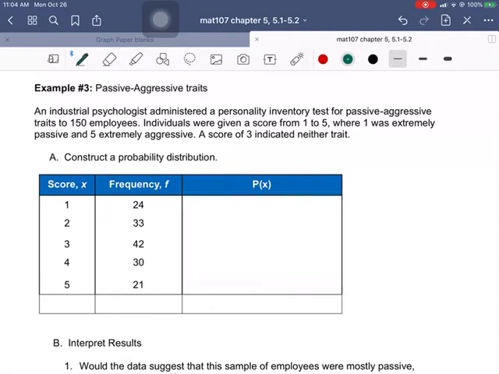So here's our results. We had 24 employees with a score of 1. So remember that was 150 employees. And remember, this is a capital N because this is all the employees that were tested. So out of all of them, 24 were a score of 1, which comes out to 0.16, 33, 0.22, 42, 0.28,